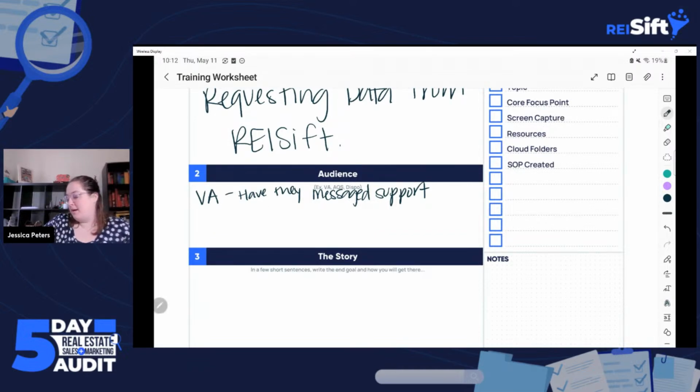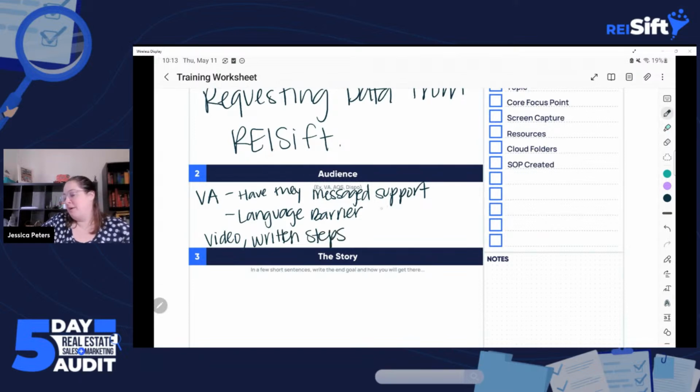Another thing you might want to think of, if you hire your VAs from other countries, is whether there is any kind of language barrier they may encounter when watching your training or reading through your steps. So that's something to take into consideration. One thing that could solve that is to have a video and have written steps. And that's important whether or not there's a language barrier.